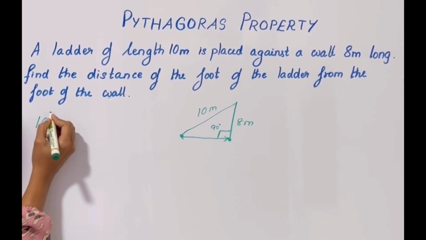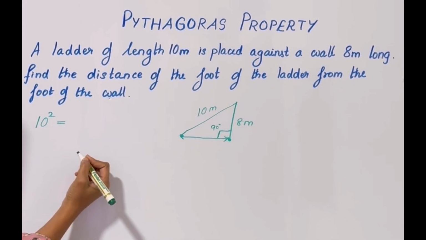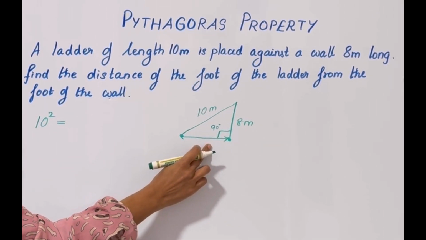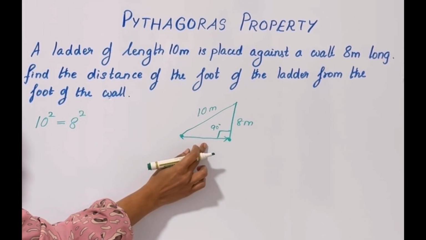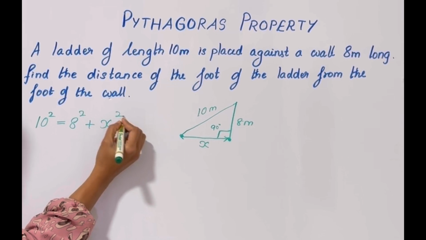The square of the hypotenuse is equal to the sum of the squares of its legs. One leg is 8 meter, the other leg is missing. So to find the length of the other leg,